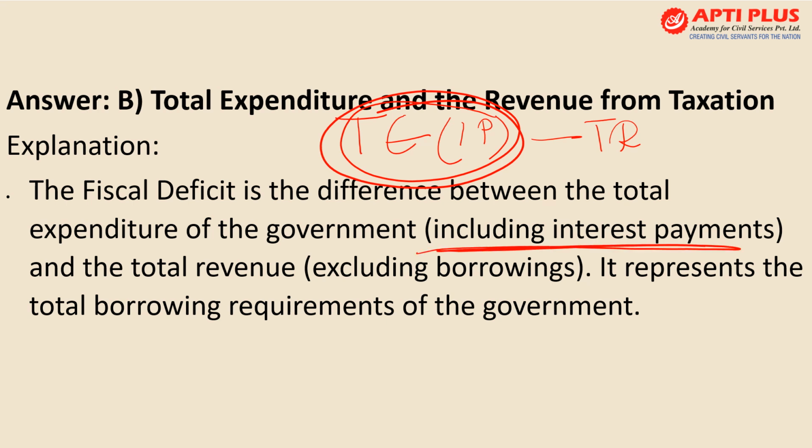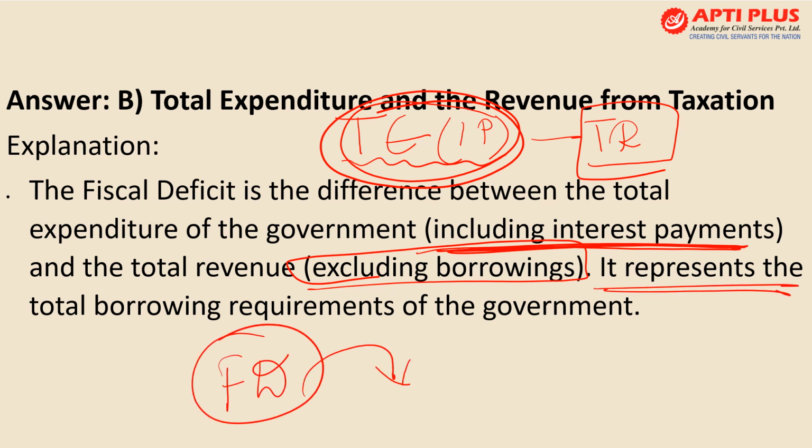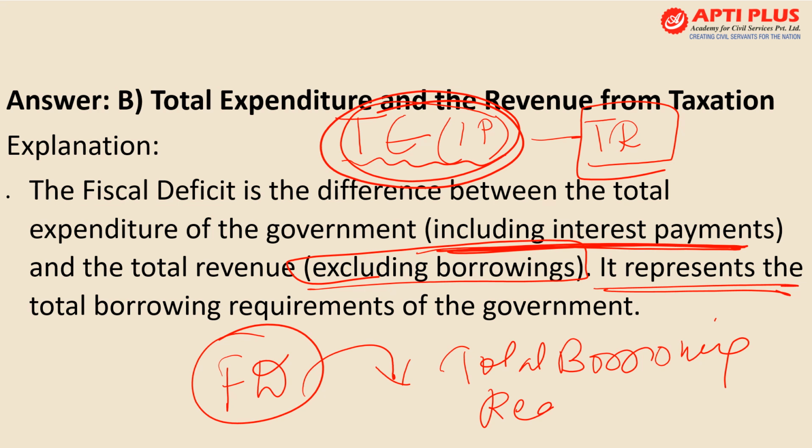That is including interest payments, जो सरकार को ब्याज देना पड़ता है किसी भी लोन पे, वो भी एक्सपेंडिचर में काउंट होगा, माइनस द टोटल रेवेन्यू। इस रेवेन्यू में से हम बोरोइंग एक्सक्लूड कर देंगे, जो सरकार ने पैसा उठाया है उधार पे उसको माइनस कर देंगे। तो एक्चुअली में आपका जो फिस्कल डेफिसिट है वो बताता है कि सरकार की कितनी टोटल बोरोइंग रिक्वायरमेंट्स है। तो ये भी क्वेश्चन आ सकता है।